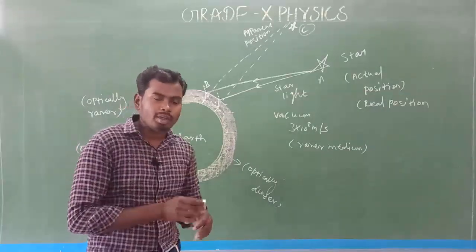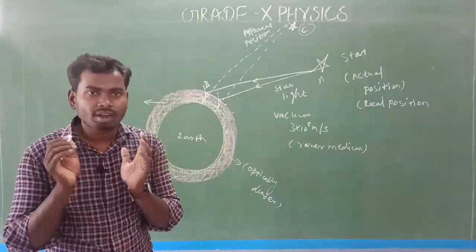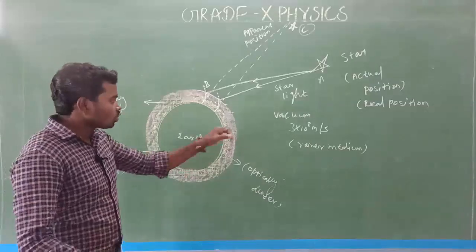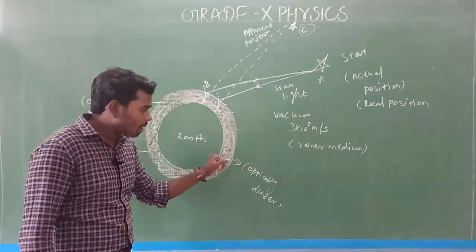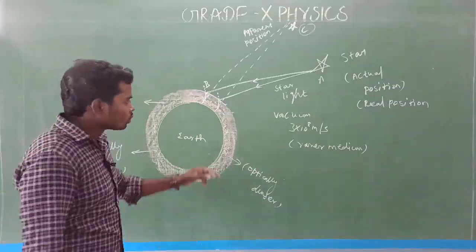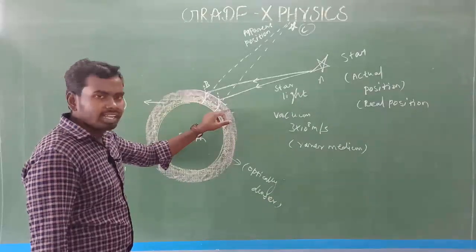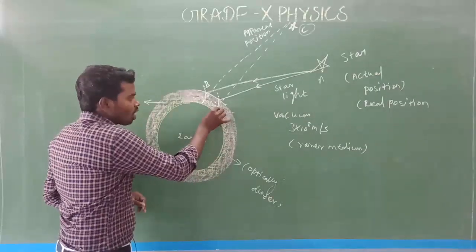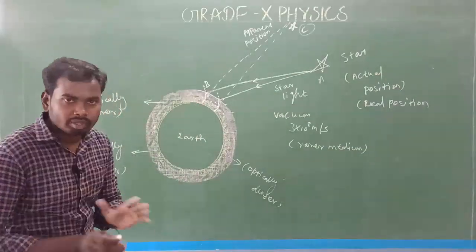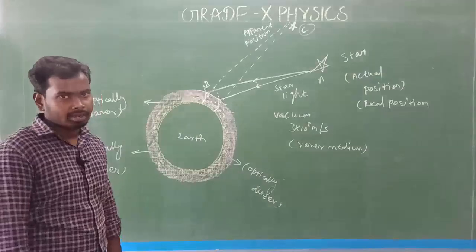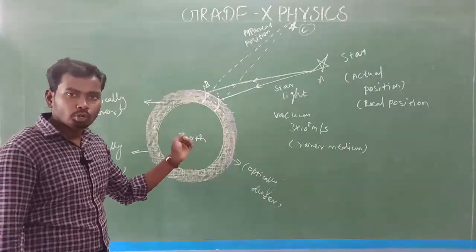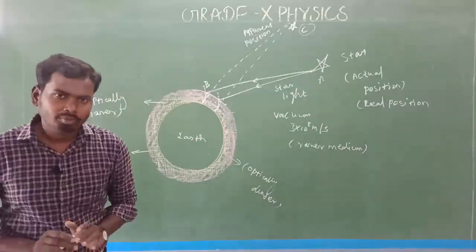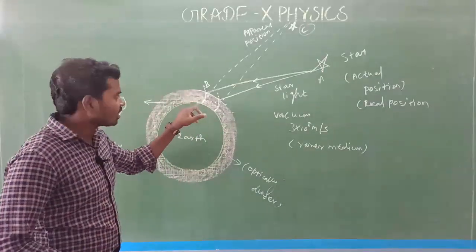Next, come to the atmosphere. The atmosphere is also made up of different air layers having different densities. So the top part acts as an optically rarer medium, and the bottom acts as an optically denser medium. So when the light goes from a rarer medium to a denser medium, what will happen? The refracted ray will move away from the normal like this. So the refraction happens due to the atmosphere. Is it clear? Yes. Look, this is one refracted ray and that is another refracted ray.